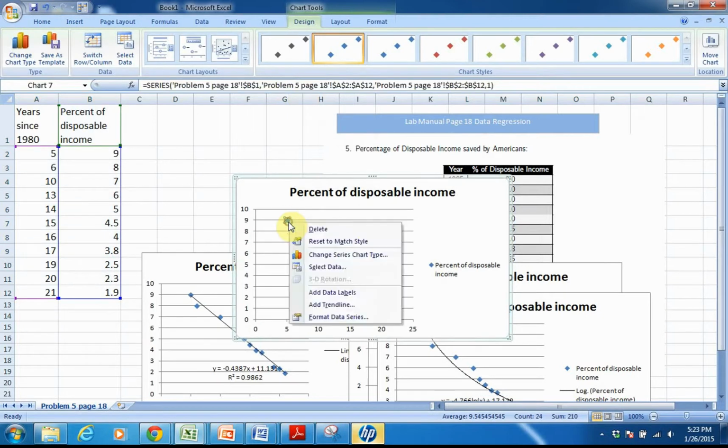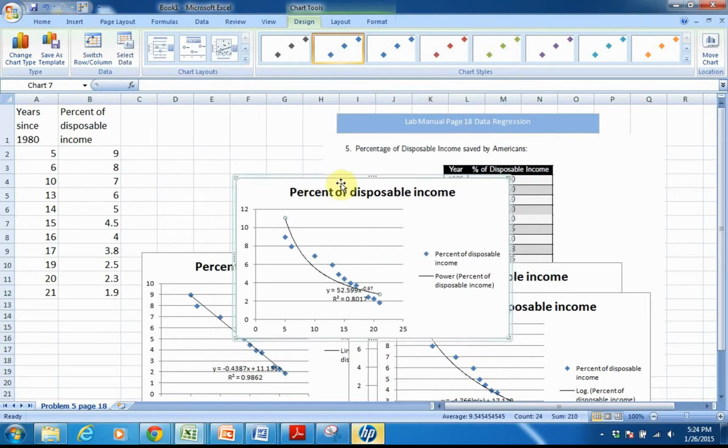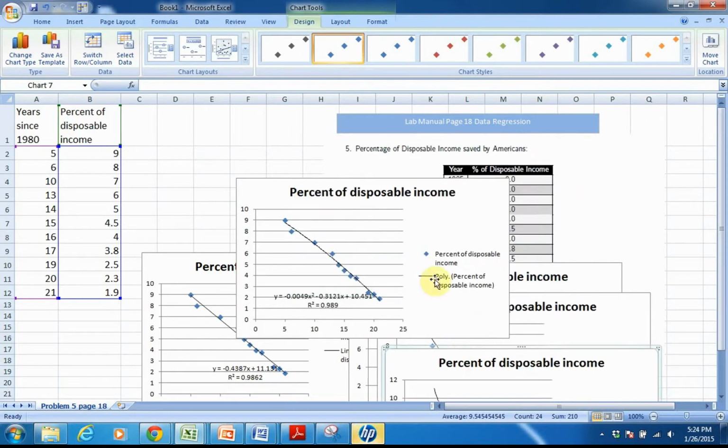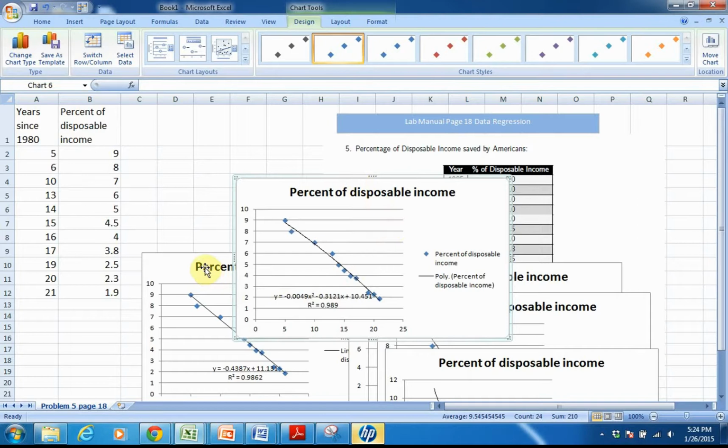And for this one, let's try a power model. Notice each time I'm clicking display the equation and display the r-squared value. Okay, and in that one we don't have a very good model at all. So it appears from just the regressions that we've run that our quadratic model and our linear model really are the best 2 models that we have. So the next thing that we might want to do